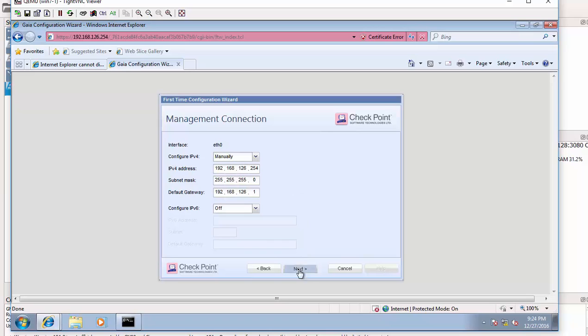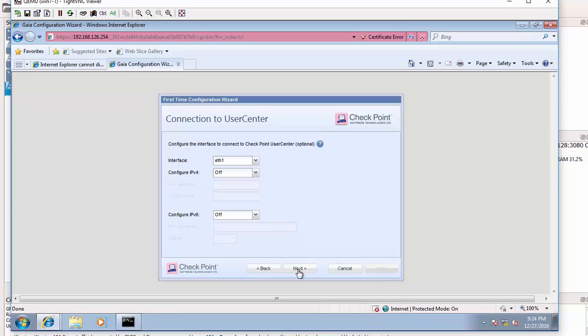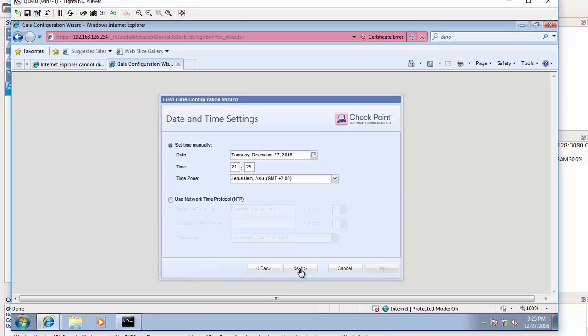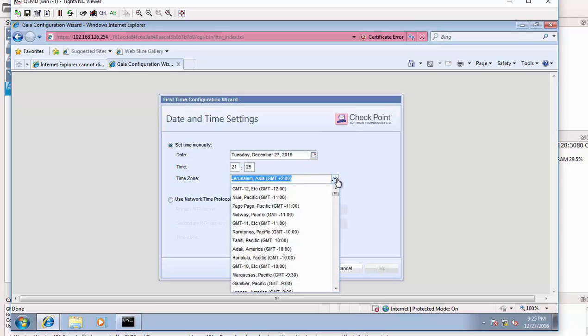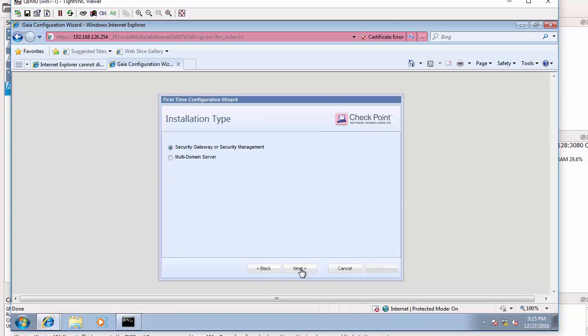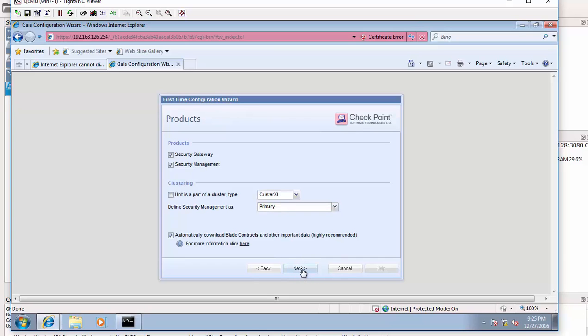So I just have to say next, and I can say next from here. Nothing much to configure. And from here, since we are using a virtual firewall, I can say next. Here I can say next as well, or if you'd like to change your location. So I don't mind about the location. I'll just click next, and next again, next,